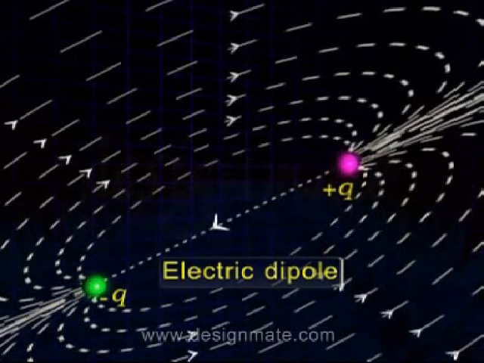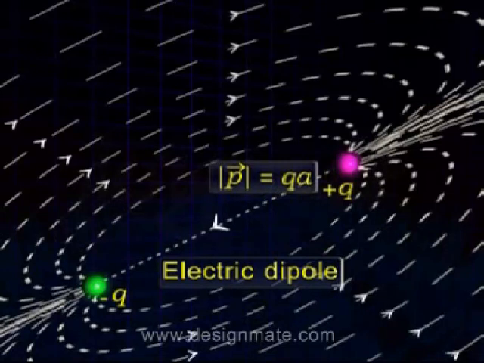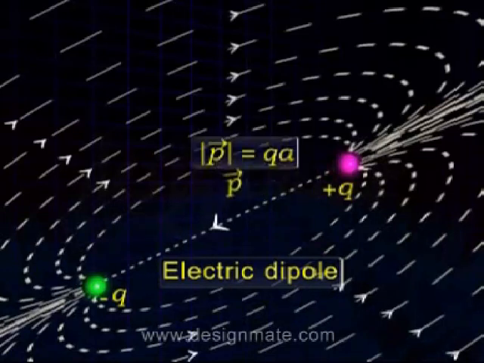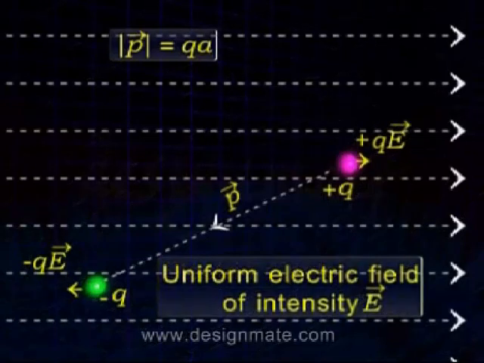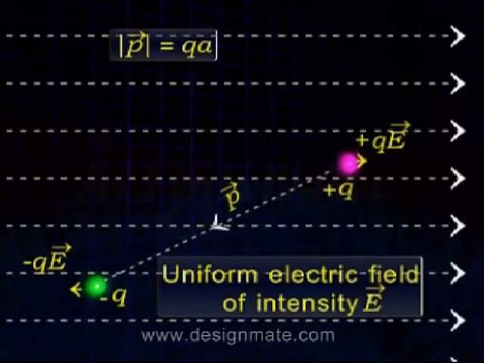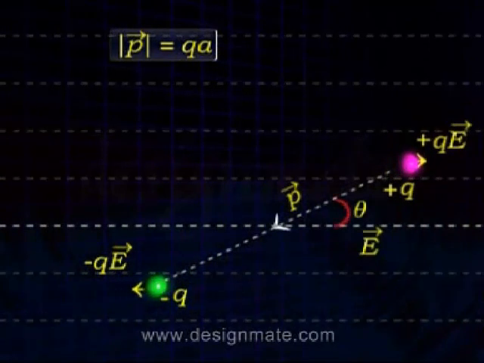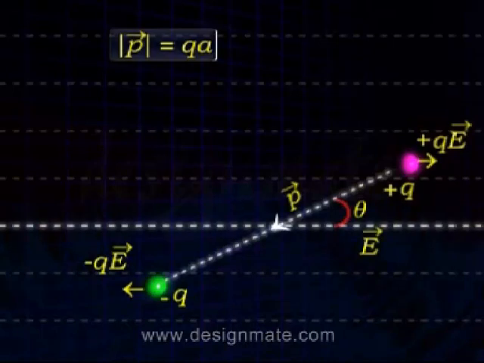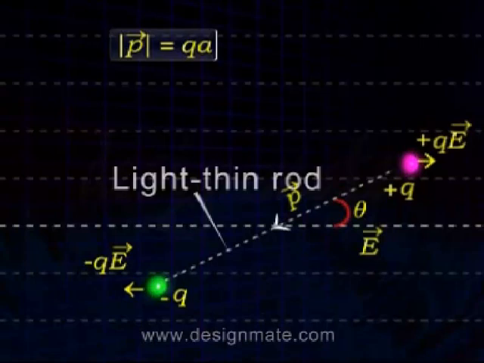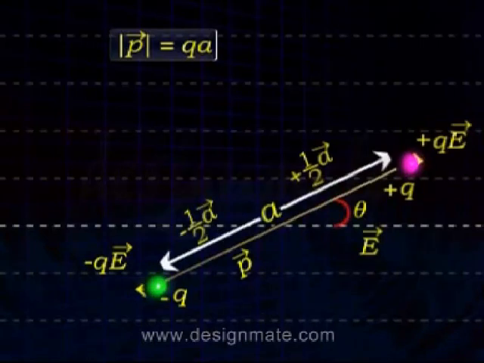The electric dipole of modulus of vector P equal to QA is placed in the plane of the uniform electric field of intensity vector E. Here theta is the angle between vector P and vector E. We shall assume a light thin rod of length A